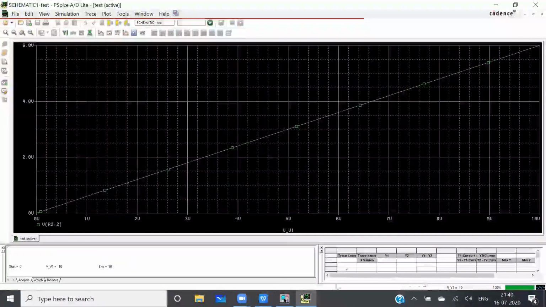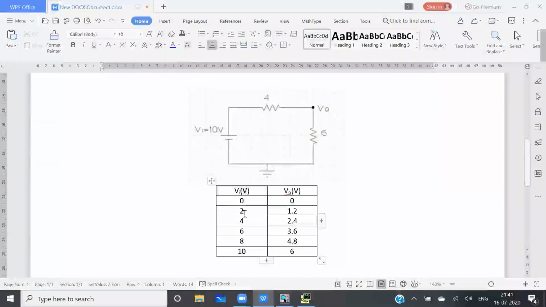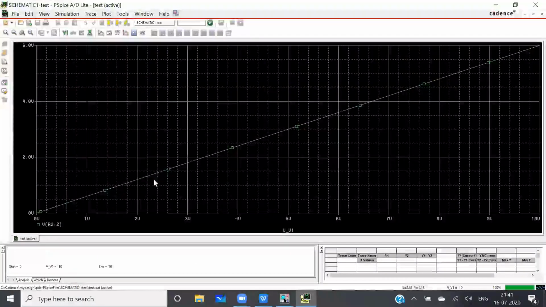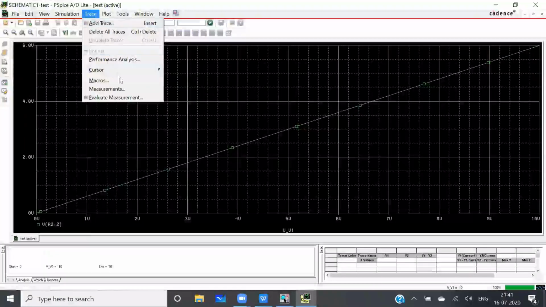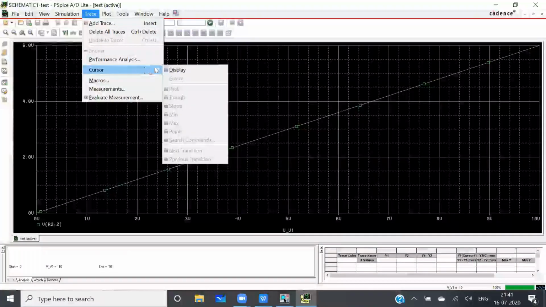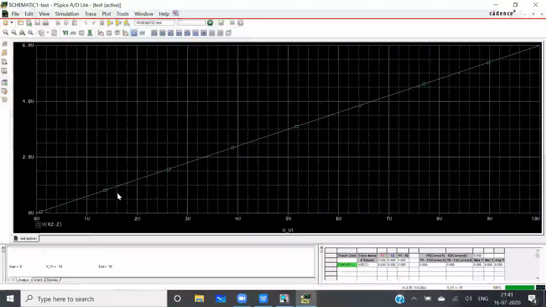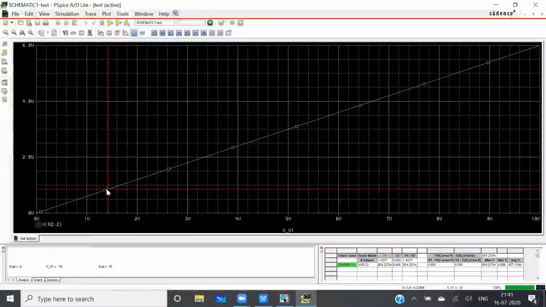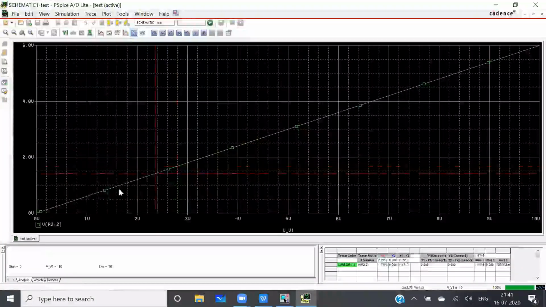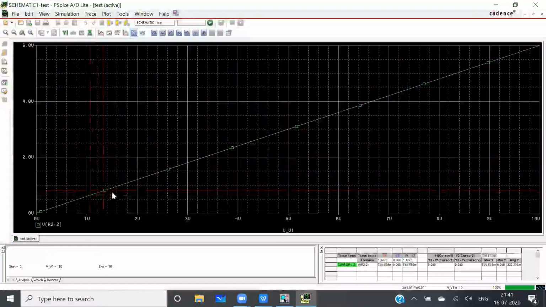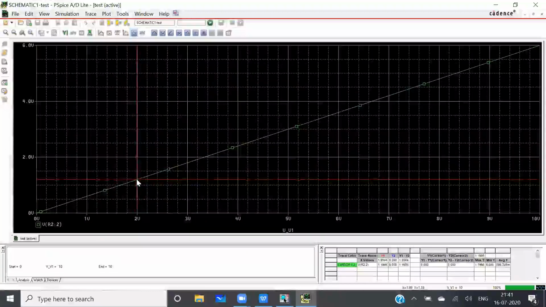We'll verify this. If these are the input voltages, my output voltage has to be this much. For this purpose, I'll go to this trace, then click on cursor, then click on display. If you click here, you can see one cursor is coming here. Now I'll go to this 2 volt, input voltage equal to 2 volt.